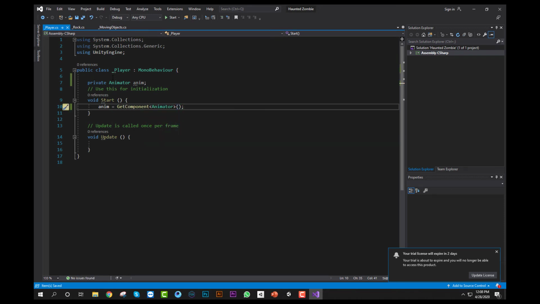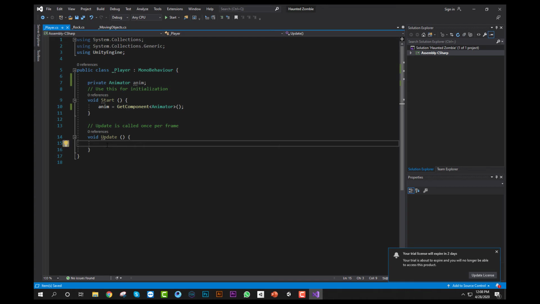Okay, now what does it mean? The GetComponent means the animator is attached to the player or model where this script is attached. So that's why I used GetComponent. Now let's go to the Update function and write the logic for jump.